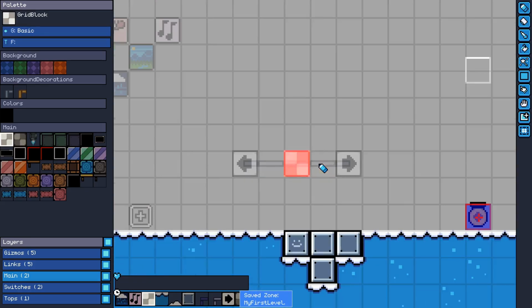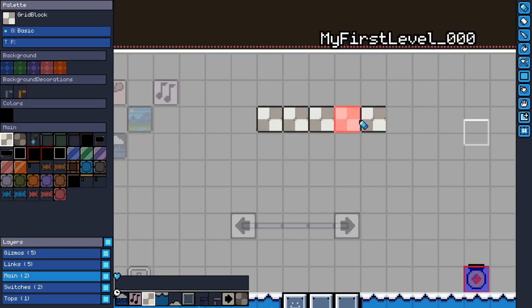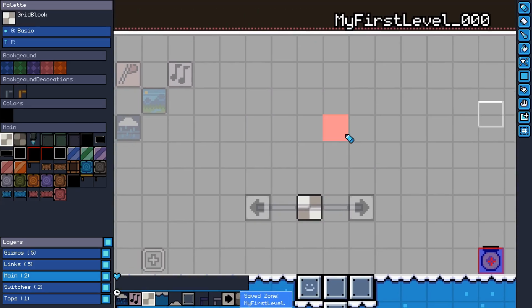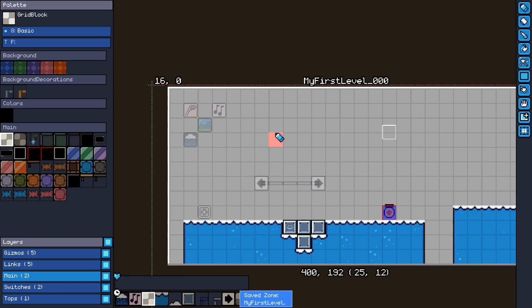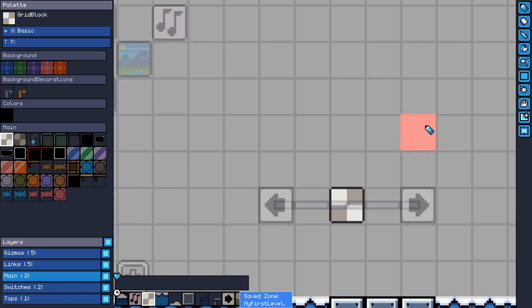So these are baked tiles. They can't move. They're a lot simpler in the code, and that makes them a lot more performant. So most of the tiles in this game use this baked tile thing. That also means that